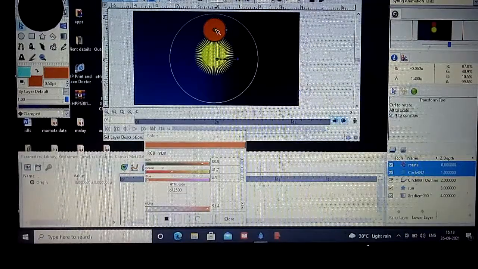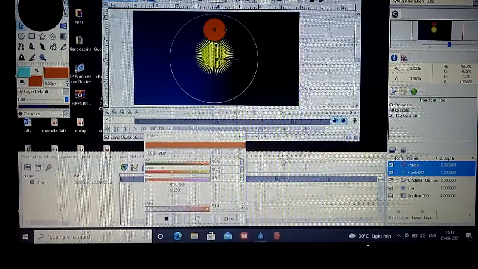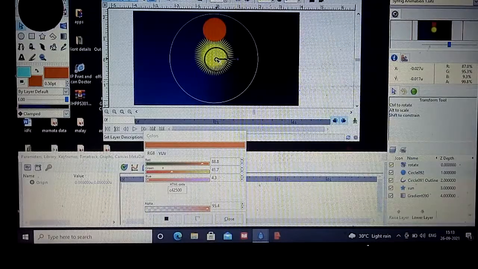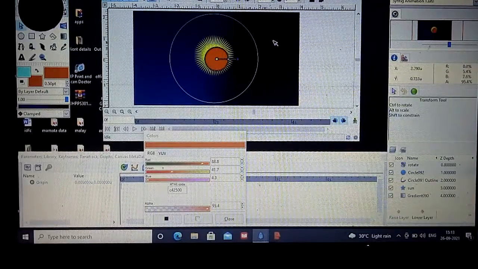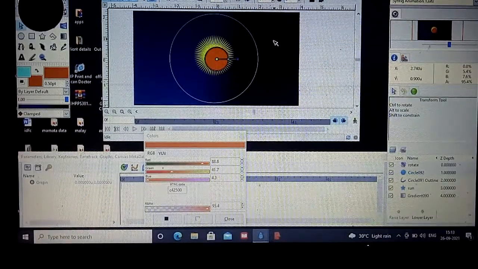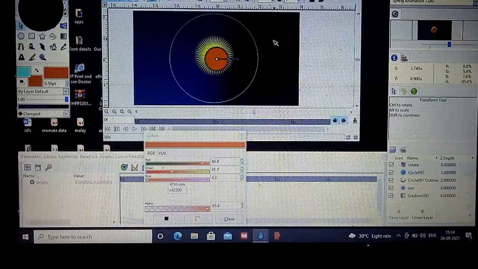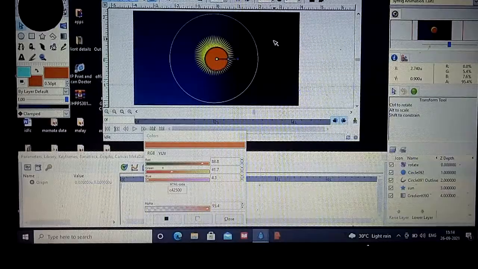Now bring this circle's duck. See, all these small points are known as ducks. I hope that you know this. So the green duck of circle should come on the green duck of rotate. You see to it that they are exactly on each other, and I suggest that you just follow the steps I have done. Don't do any unnecessary things, otherwise the things will go wrong. So keep all the things in the center only, it is more preferable. And bring the circle's duck to the rotate's one.